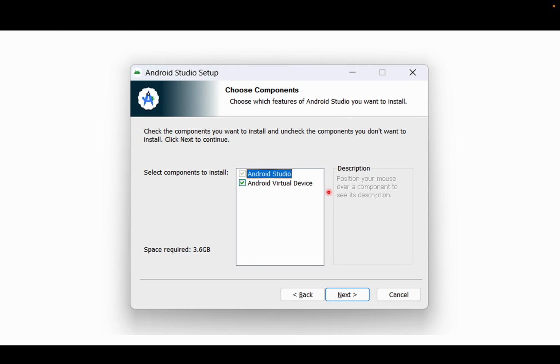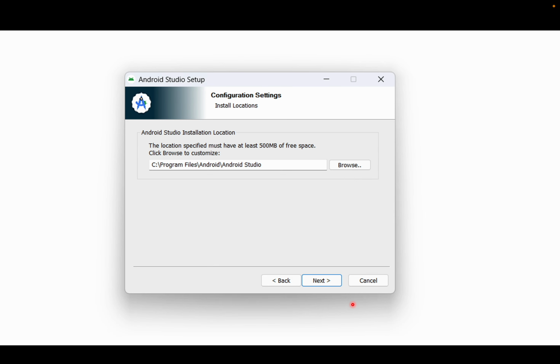If you are trying to do the automation with the help of a physical device, that is connecting the physical device directly to your laptop with the help of a USB cable, then you can skip it, but it's better to have Android virtual device as well. The required space is 3.6 GB. You need to click on the next button here, which will take you to this page where it